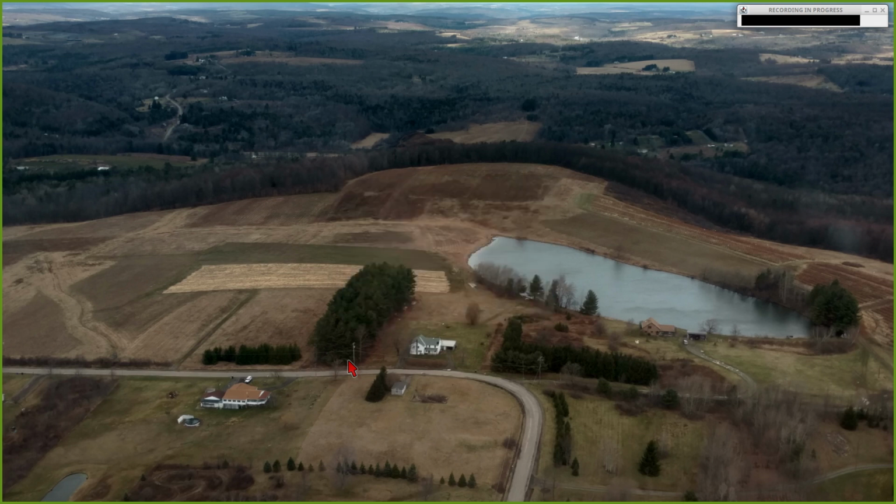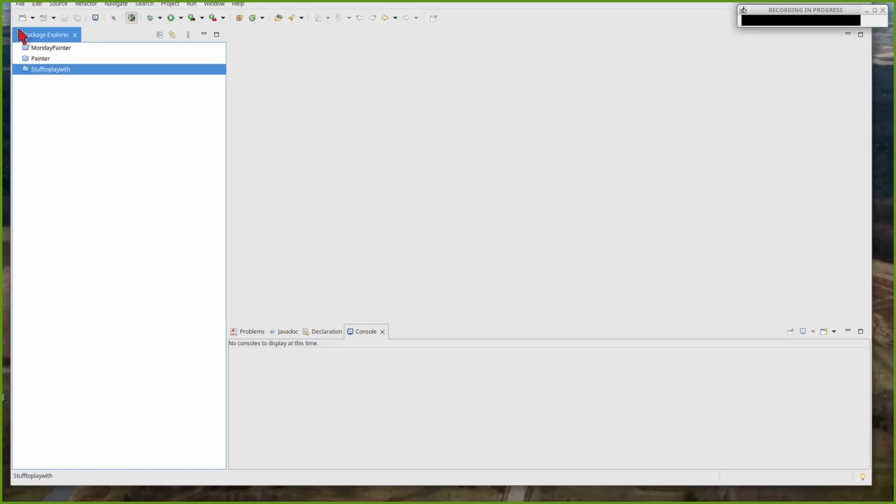So JavaDoc is another Java utility that will create HTML pages for us that basically document our project. So let me go ahead and open one of our projects here. So let's do Painter, and